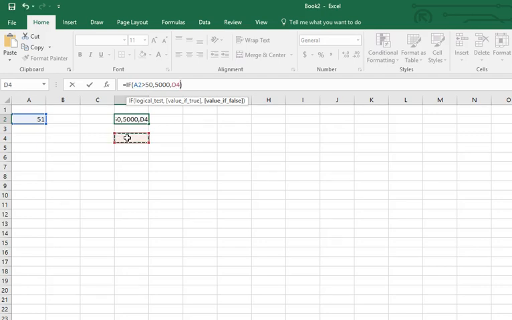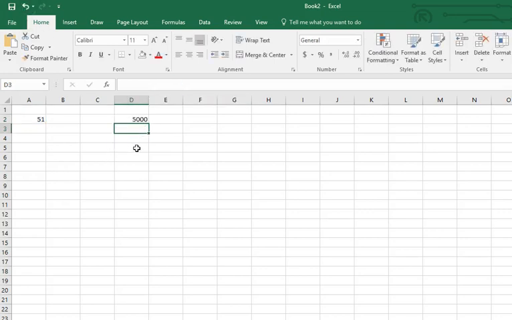Now let's try something a little more complicated. Let's do the following statement. Let's say if, with an equal sign in front of it since it's going to be a number, if, and now we've got to put this in parentheses, if